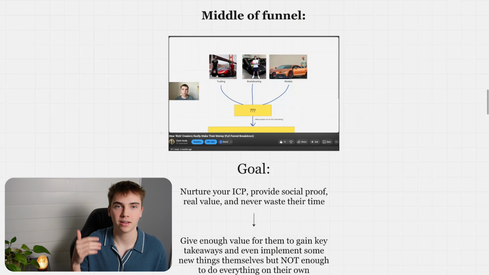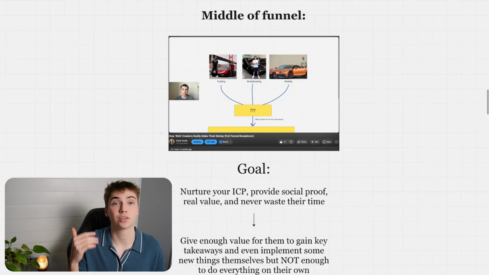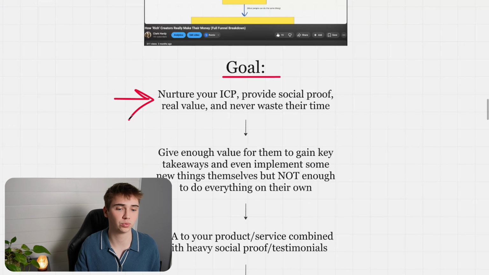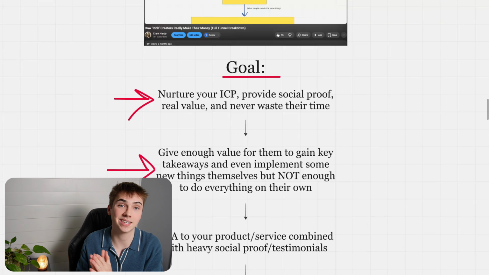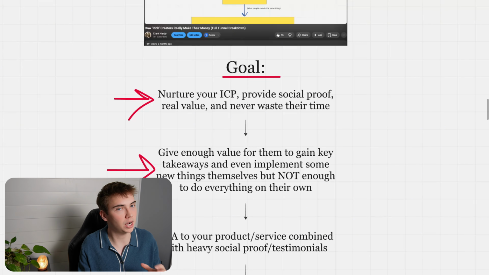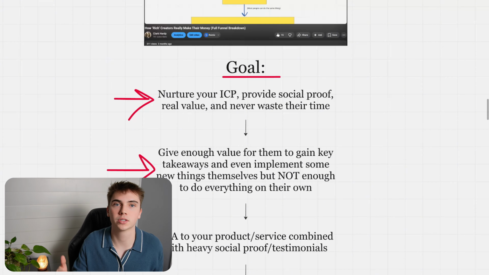It's to create very highly nurturing and converting YouTube videos. So what I've written out here is that the goal is to nurture your ICP, provide social proof, real value, and never waste time with fluff or anything like that. You're going to give enough value to them to gain key takeaways and even implement some of the things that you taught them,